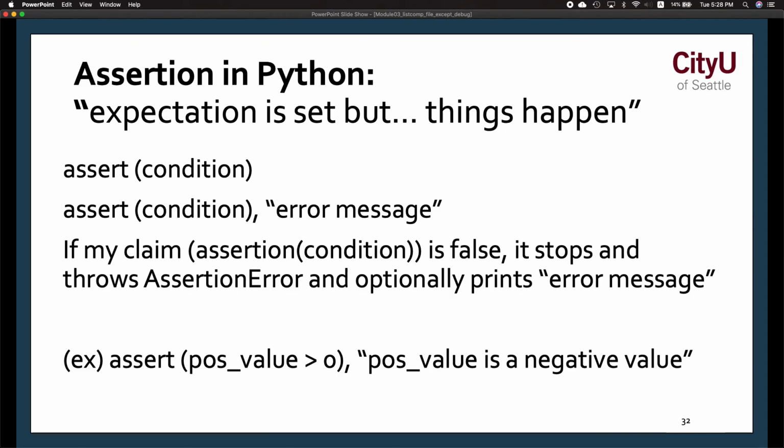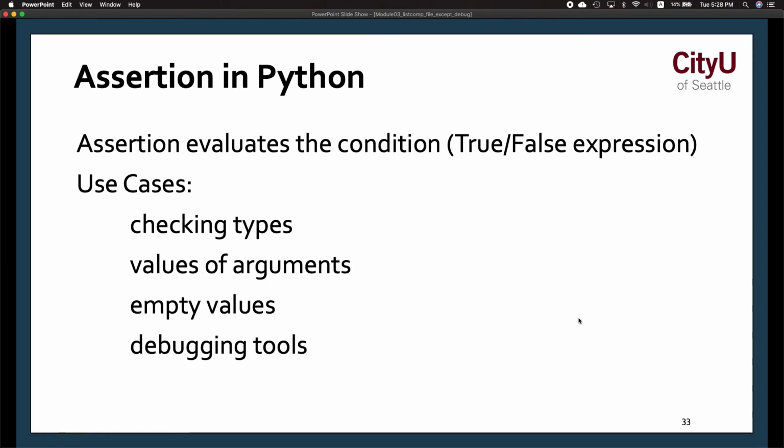Then assert positive value, assertion, true false expression, checking types. Let's say I want to make sure that the input is an integer instead of a string, right? The values, the empty values, if there's empty, right? And other debugging tools,